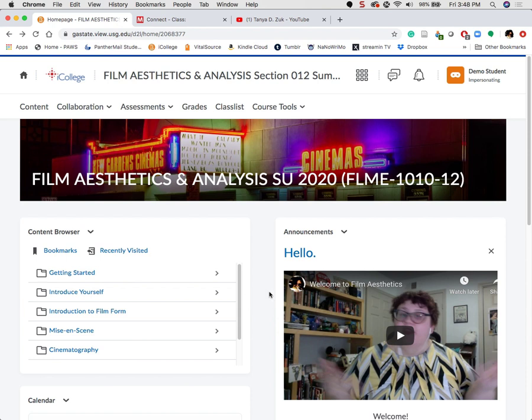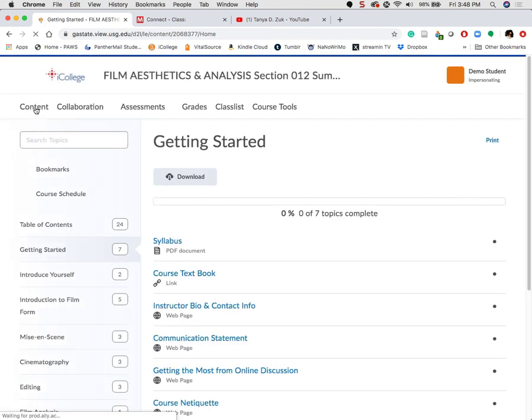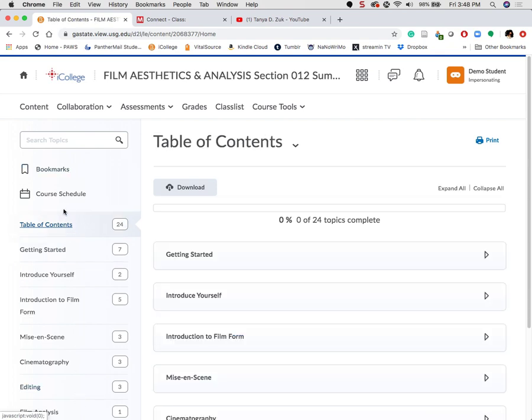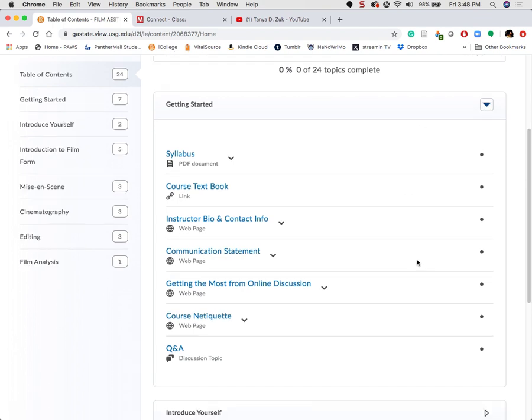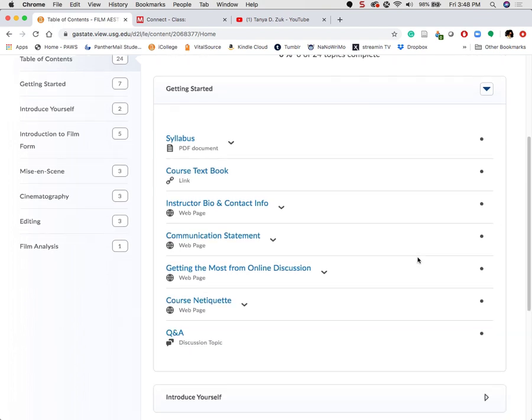For those of you who don't have broadband issues, you might find, instead of using the content browser here, the content tab is more user-friendly. And when you come in here, you get your table of contents on the left here. This big one brings everything up in one big scrolling block, or you can go to specific modules on the left. I do want you guys to look through the Getting Started section as well as the introductions for this first bit